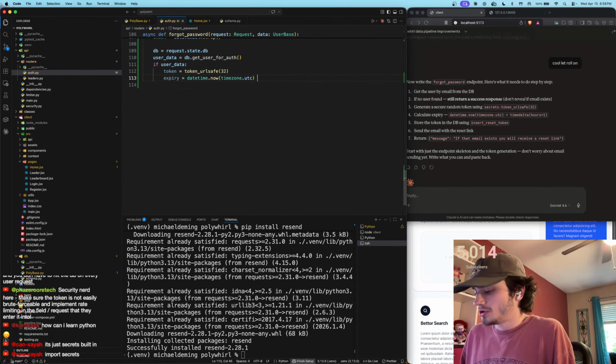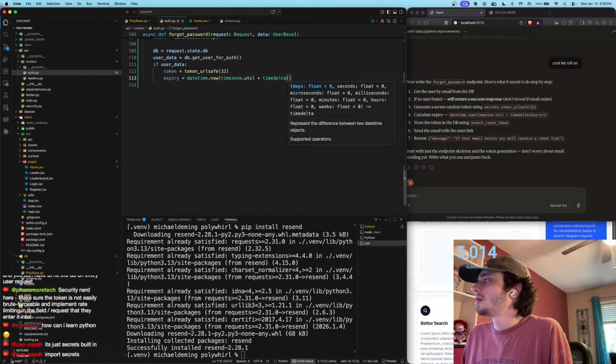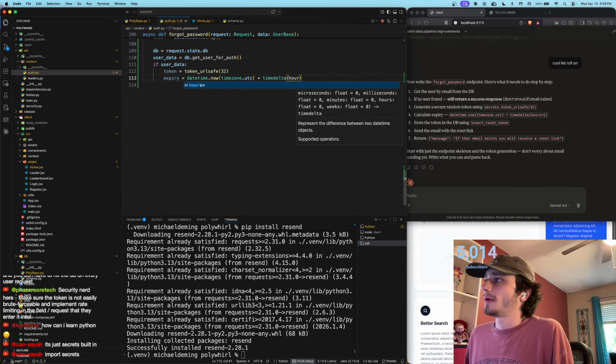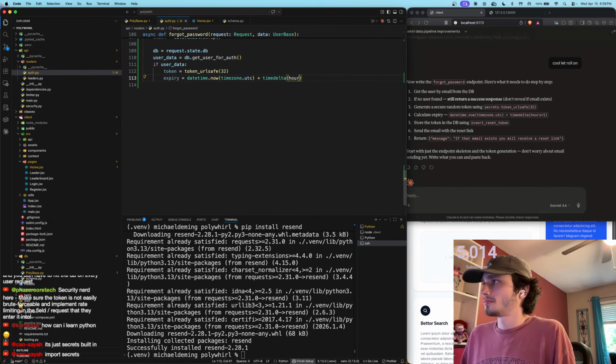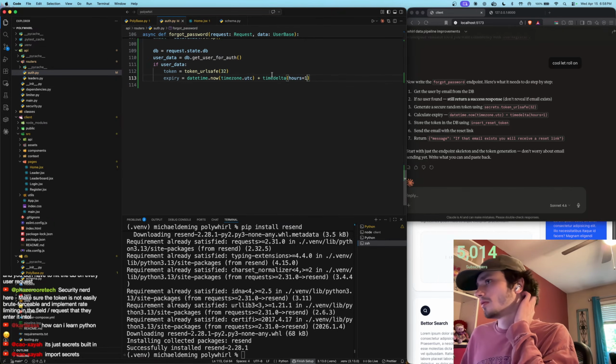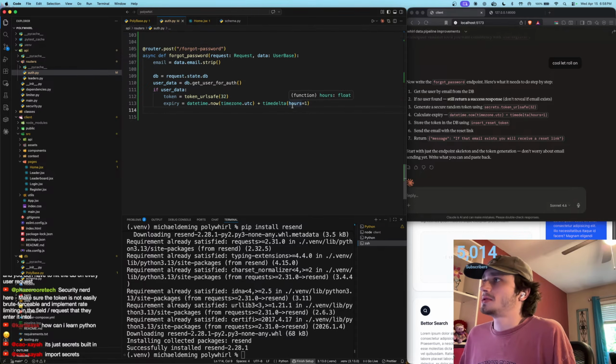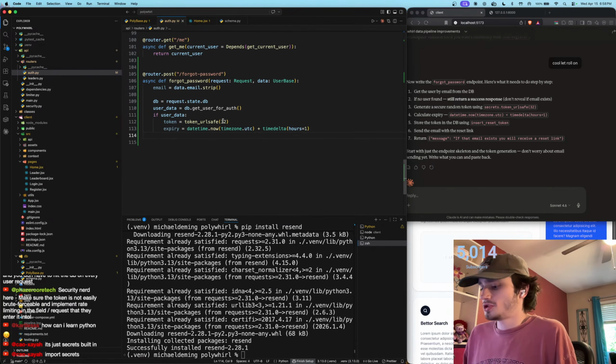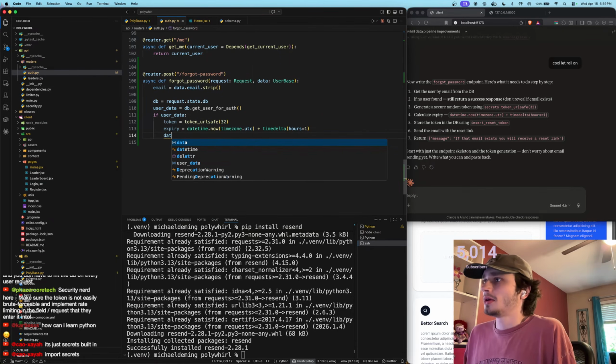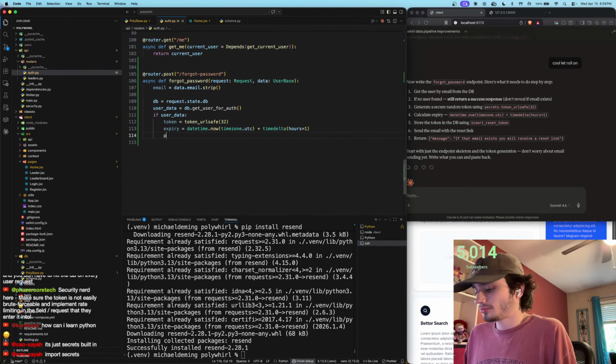And then we want to do plus a time delta of what? Just 1 hour. Okay, that's typical. Right, so that'll give us an expiry, a datetime object 1 hour from now. And then what we would do is we're going to wrap this stuff into an object, we'll say payload is equal to this,